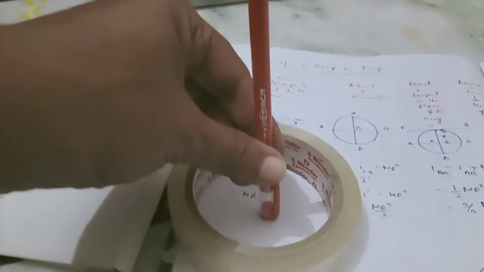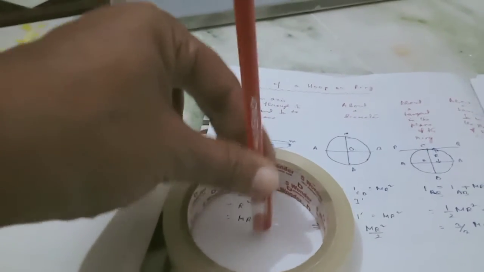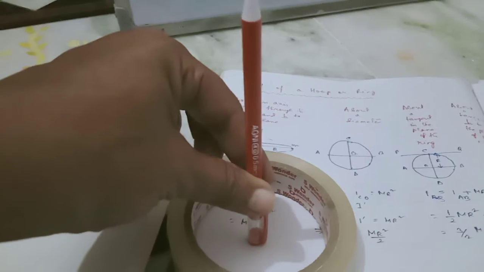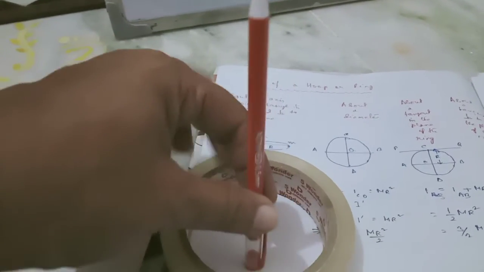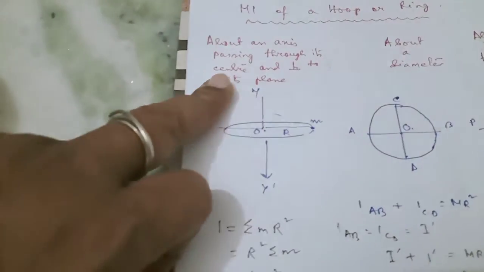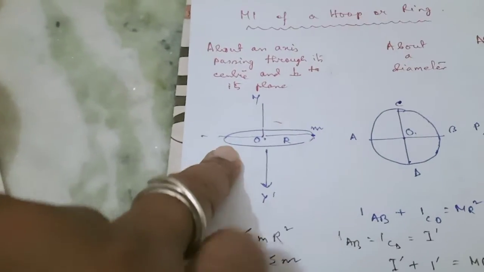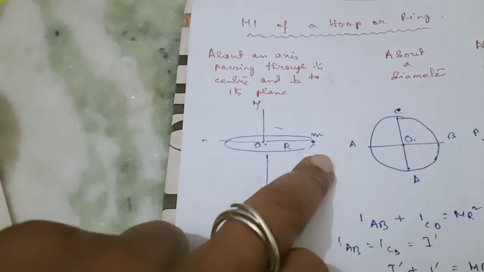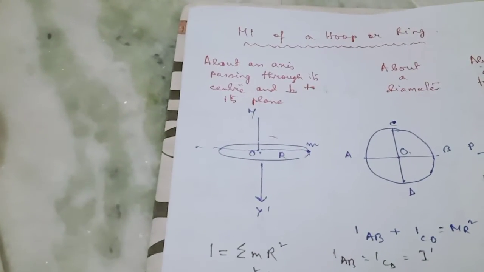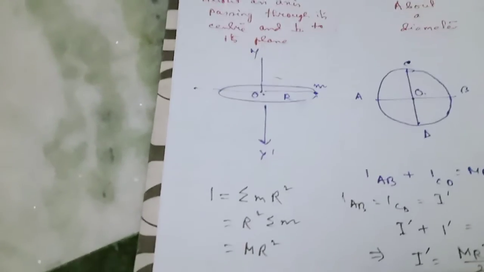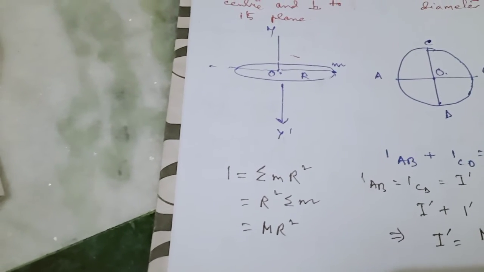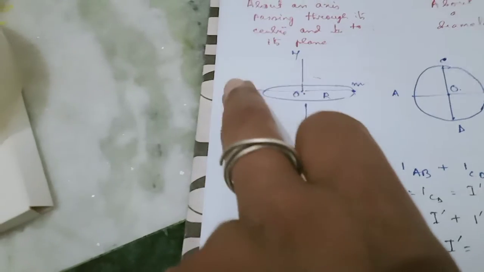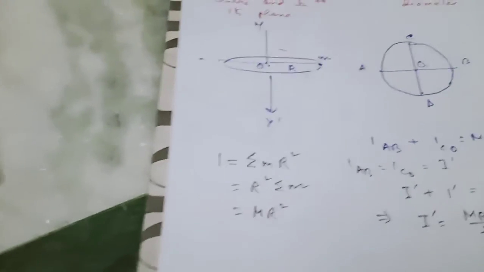So the diagram is in this manner. This is the axis passing through the center of mass of the system, which is outside the body. I have drawn it in this manner. This is the y axis, this is the x axis, this is the central region, and let a mass m be considered. Now I is summation of m r square. This is a symmetrical figure. So if you take r square common, the summation of all the small masses m will give you capital M r square.